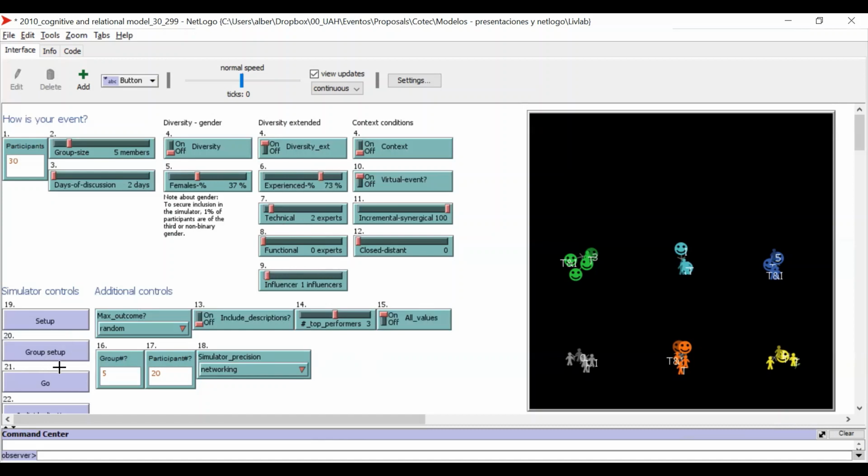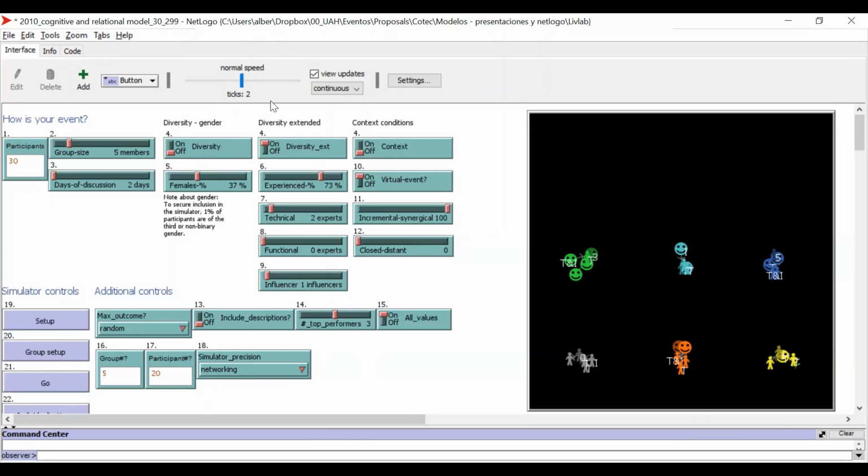And anyone with the I, and here we have a T and I, means he's a technical expert and an influencer. So we can have several types of combinations. Now we hit go,